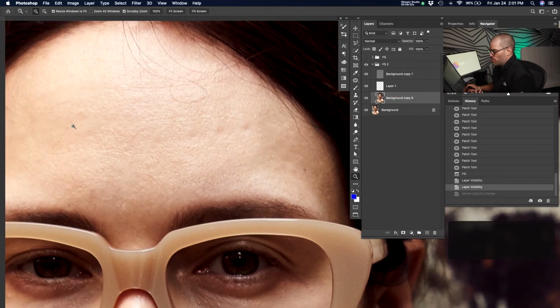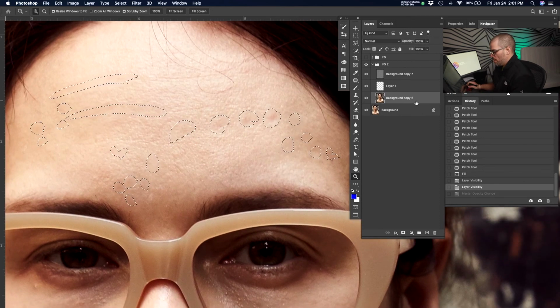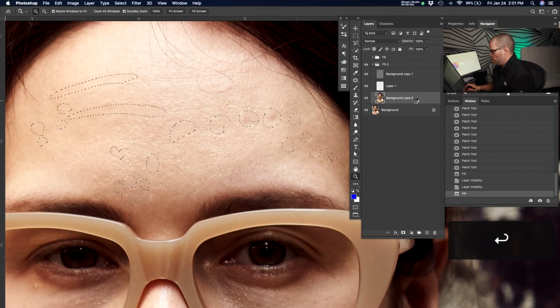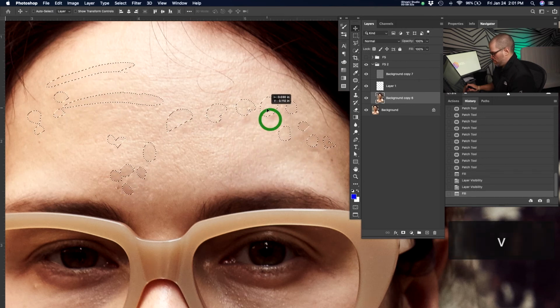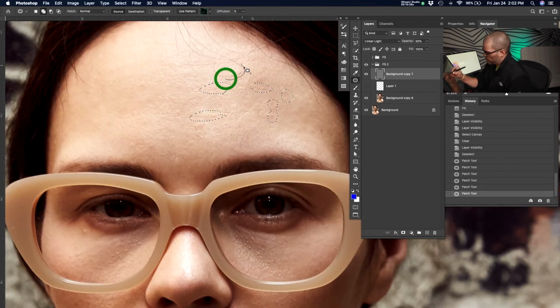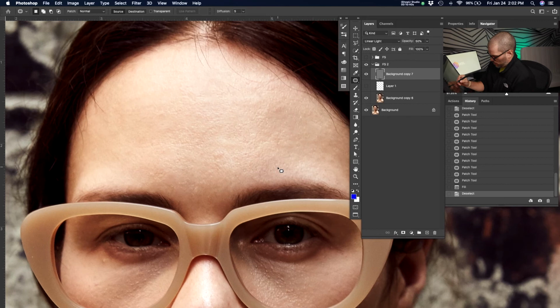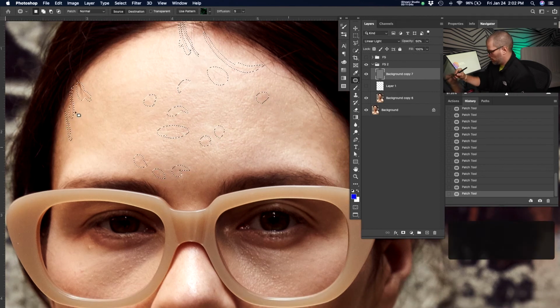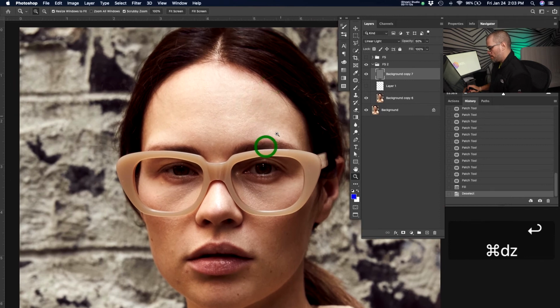And then if it doesn't remove what you're trying to remove automatically, go ahead and do both edits on both sides of the skin. So those are texture edits. Let's go down here